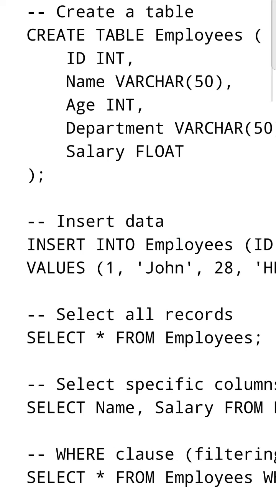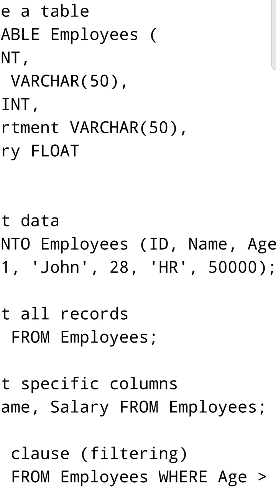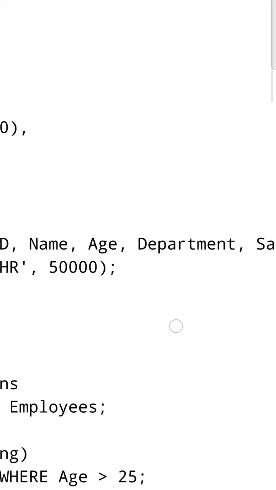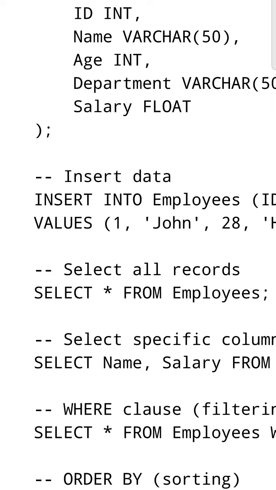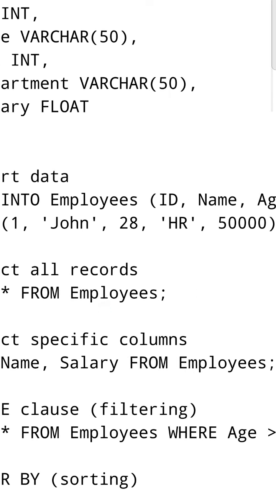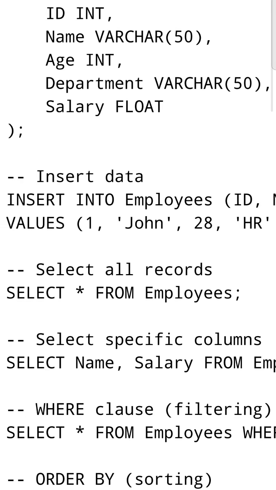The name of the table is employees, and we'll write what data we want. We want id, name, age, department, salary. So we'll write id, name, age, department, salary, and then VALUES. What do we want to insert? We want to insert values. So the syntax is INSERT INTO employees, we write all the column names and the values. What values do we want to give?